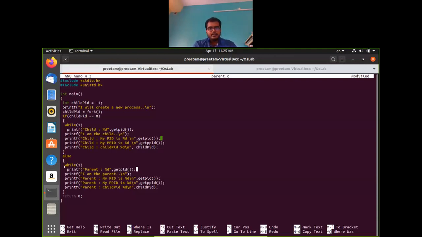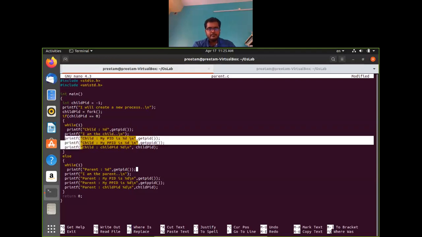So in this line it will print the parent process's PID infinitely, and the child process will infinitely print the child process's PID.